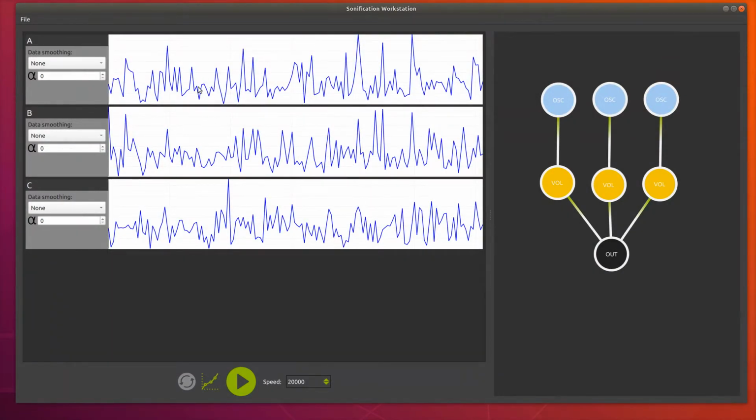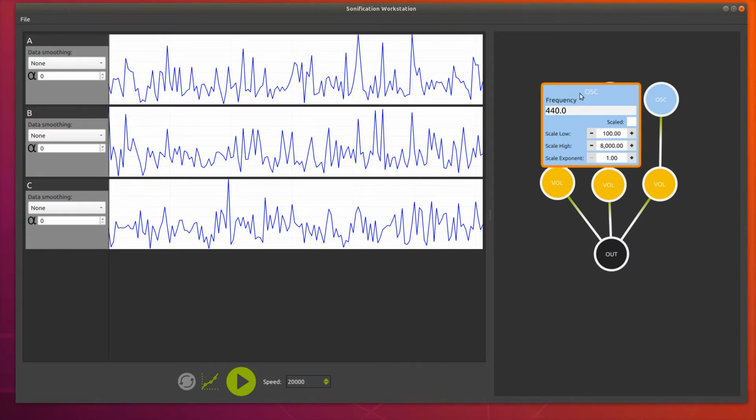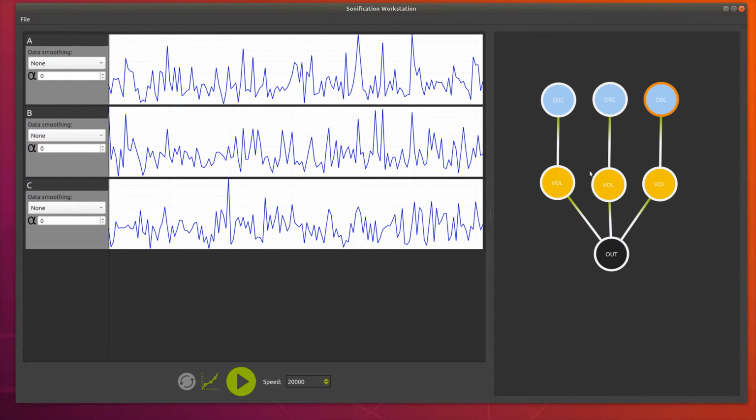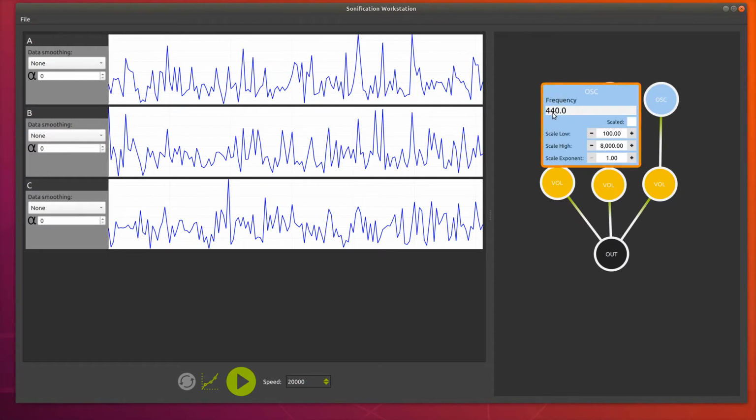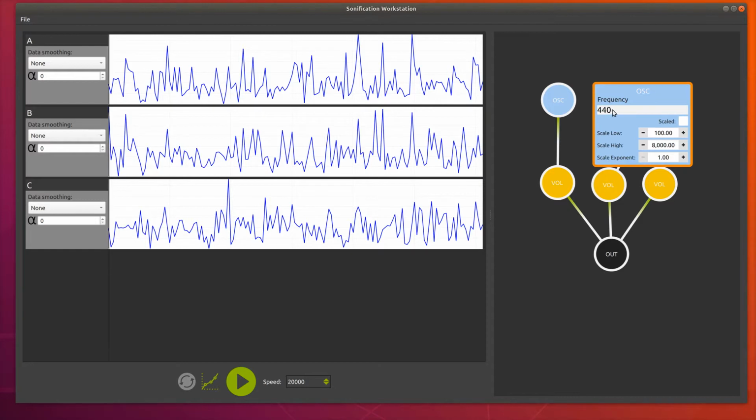Again, we have 3 tracks, in this case rainfall data from 3 different weather stations in New Zealand. And I haven't actually mapped them to these oscillators. Those oscillators still have fixed frequencies, their defaults of 440 hertz. And what I'm going to do is, rather than map to these, I'm just going to set some fixed frequencies, let's say 240. I'd like it to be pleasant to listen to, so let's do octaves. 240, 480,